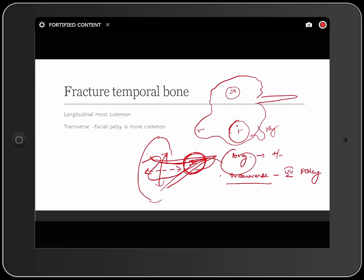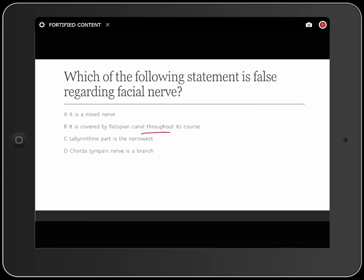Which of the following statements is false regarding the facial nerve? It is a mixed nerve. Yes, it carries both sensory and motor supply. It is covered by fallopian canal throughout the course. No, it is not covered by the fallopian canal throughout its course, only at some areas. The labyrinthine part is the narrow part. Yes, it is the narrowest and smallest part. Chorda tympani is a branch. Yes, chorda tympani is a branch along with the nerve to stapedius and greater superficial petrosal nerve. So the correct answer is that it is covered by the fallopian canal not throughout the course, only in the intratemporal course